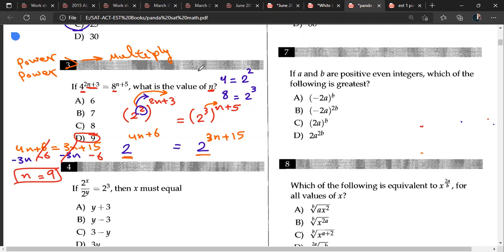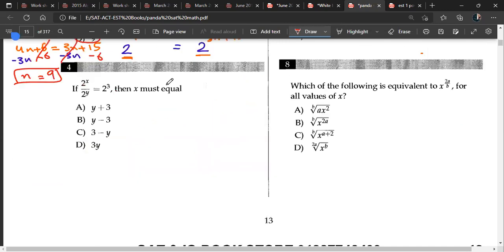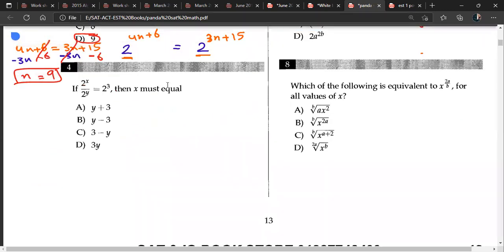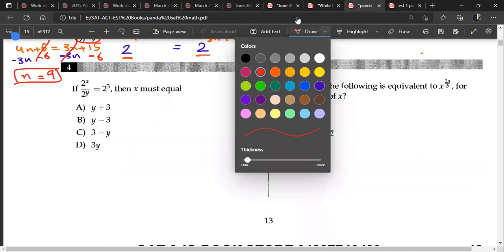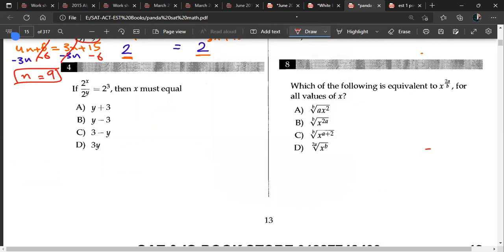Okay, let's complete here question number 4. In question number 4, you have 2 power x over 2 power y at the left side, and at the right you have 2 cubed. Here you have division at the left side, and when we have the same base and divide, we subtract powers. So the left side will be 2 power x minus y